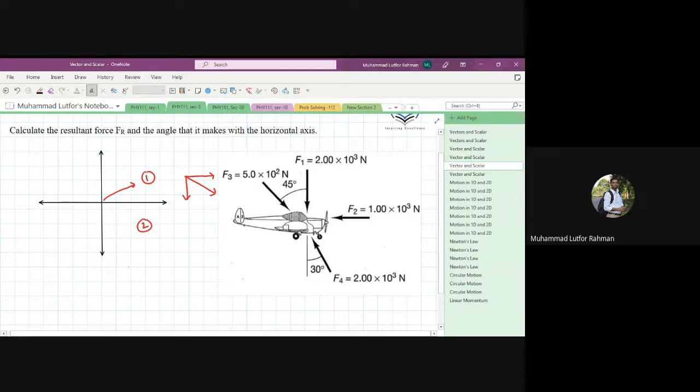So it cannot be in the fourth quadrant over here. In the first quadrant, it cannot be either. In that case, the gravitational force would be in the upward direction if the resultant force were in that direction. Because one force is towards the forward direction, then definitely the other component should be in the y direction, and then the resultant force will be in the first quadrant. Otherwise, it's not possible. It cannot be in the second quadrant